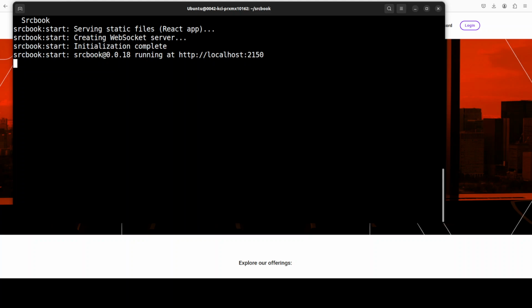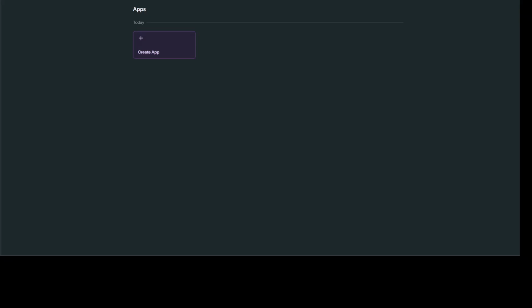So let me take you to my browser. And this is a very minimalistic sort of interface. I think they can improve that, but anyway. And I'm assuming you already have set your API key. Now the first step, we need to build the app. So just click on this create app here,